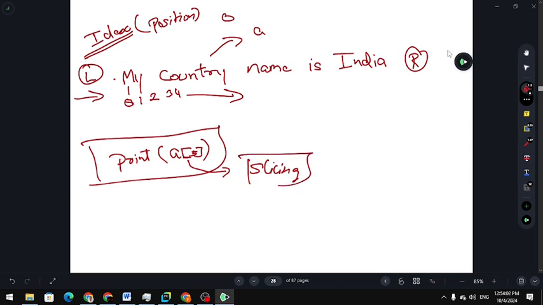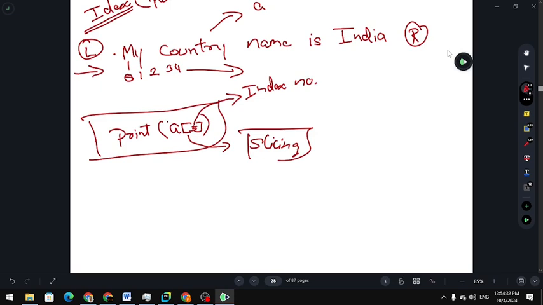And indexes are nothing but the positional numbers given to the individual characters or objects. So what we did inside this square bracket, including the variable a, is slicing, and we have used an index number. Let's say we want to print the I present in this India.